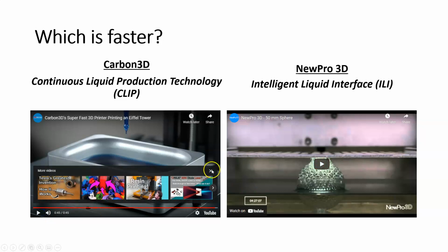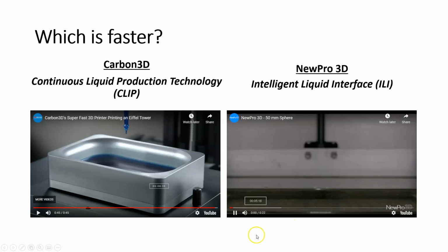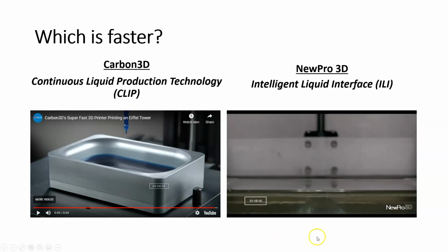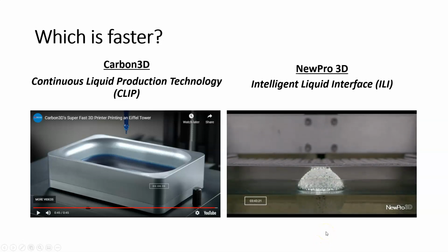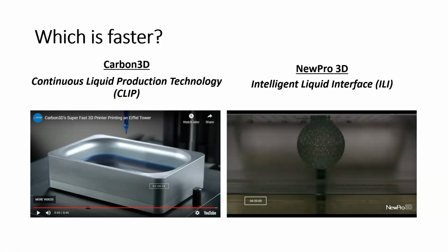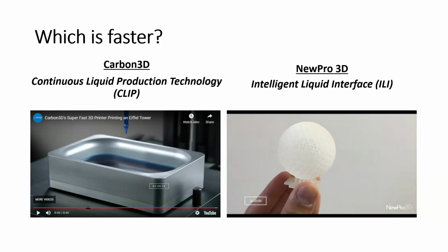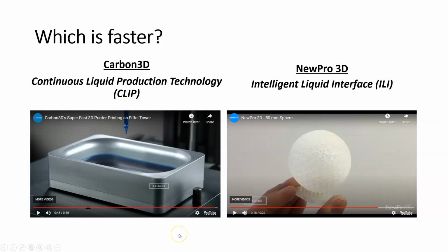Now, if we look at the intelligent liquid interface, the angle here is fantastic because you can kind of see the whole thing grow and it looks really freaky, but that's pretty fast. 4.5 seconds to make that sphere. Now, it's not really a fair comparison because one, we're making the Eiffel Tower and the other, we're making a 50 millimeter sphere, but